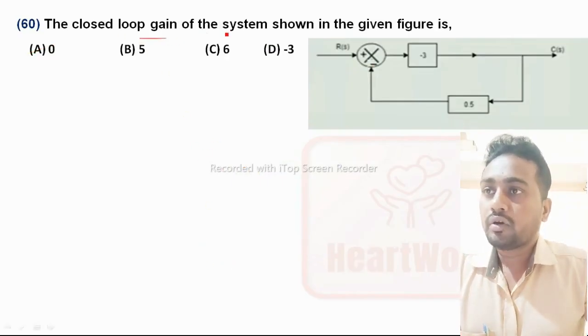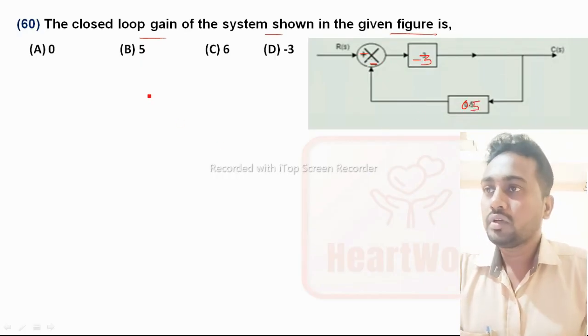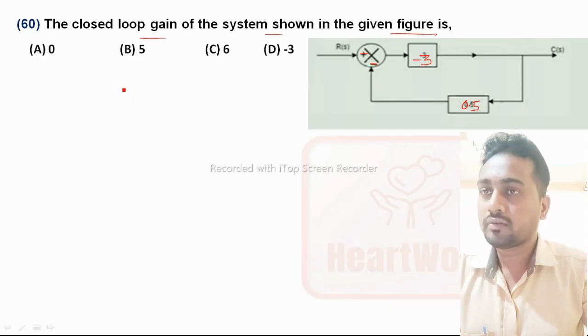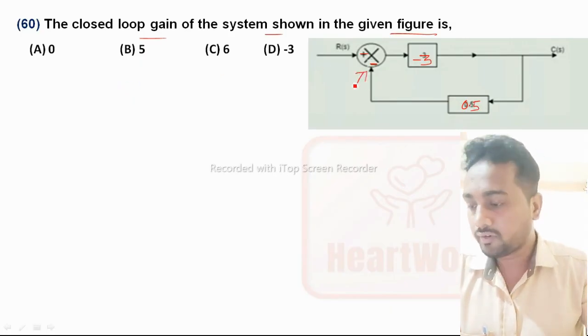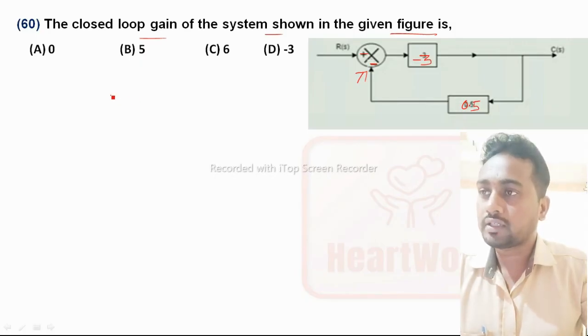The closed loop gain of the system shown in the given figure. Again here there is a negative sign, this is a positive sign, this is -3 and this is 0.5. So we have to find the gain. Again it is negative feedback, because a negative signal is going on as feedback. For negative feedback we have to find the gain, that is the transfer function C of S divided by